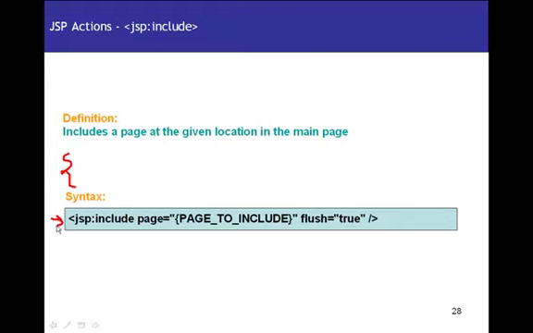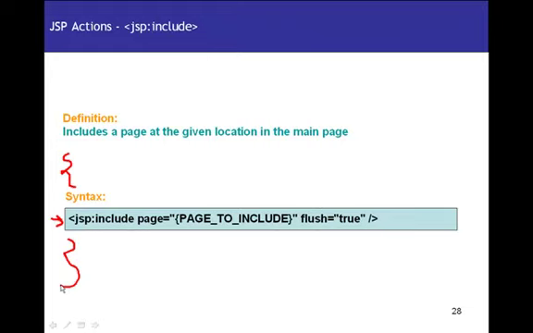I'm including another JSP page in my main page using the JSP Include action, and this is the syntax for the include action. JSP Include page is whatever page I want to include, and flush is equal to true. That means I'm saying get all the data from the included JSP page to my main page and show it there. And I might have some other code as well after this include action,